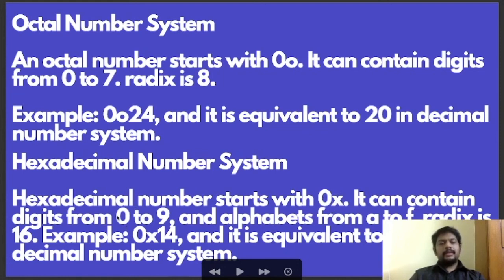It can contain digits from 0 to 9 and alphabets from A to F. In octal it can contain 0 to 7 only, but in hexadecimal it can contain digits from 0 to 9, and even alphabets from A to F. So the radix will be 16. One example for a hexadecimal number is 0x14, and this is equivalent to 20 in the decimal number system.